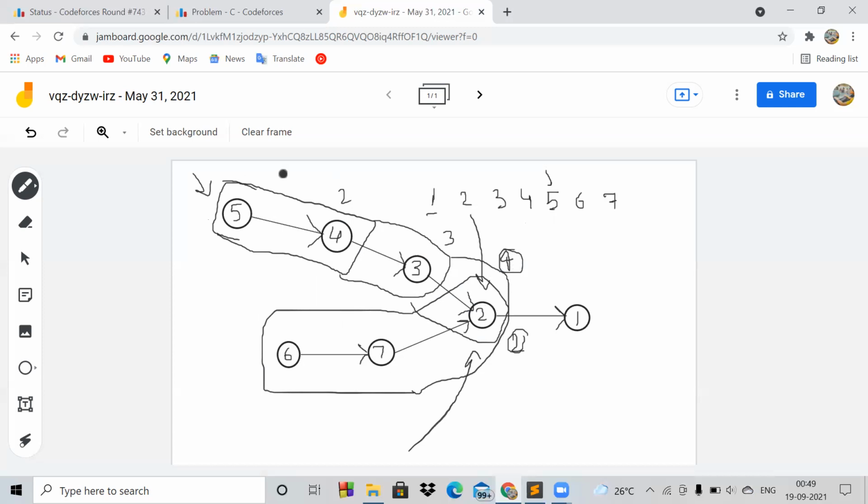So it is clear that both these parts are independent of each other. So when we do 4 iterations, we will be able to read chapter number 2. It doesn't matter that we have reached chapter number 2 in 2 iterations from this end. So to complete this part of the graph, we have to do a minimum of 4 iterations.